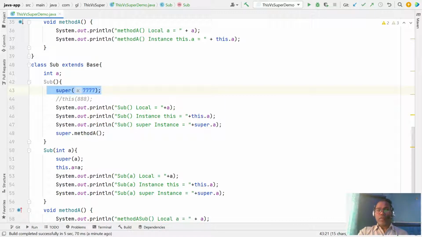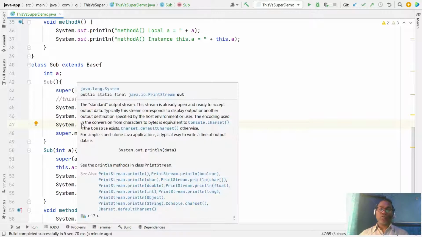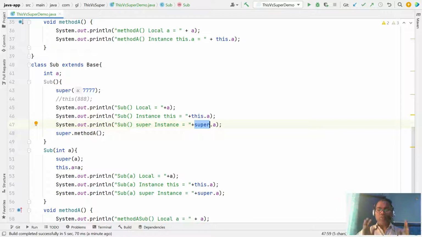invoke the constructor of the superclass, access the superclass variable, and access the superclass method, only when the superclass defines the same name variable or same name methods. By default, if you do not specify the super keyword, it tries to invoke your local one. The compiler always gives preference to the local variable. So sometimes you want to access not the local variable but the instance variable or superclass variable, and at that time you have to use the super keyword.